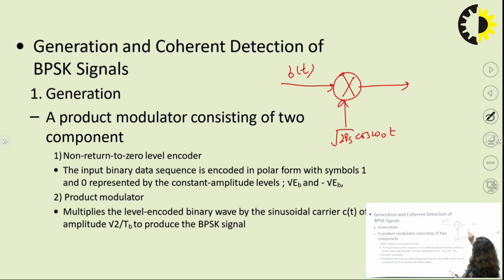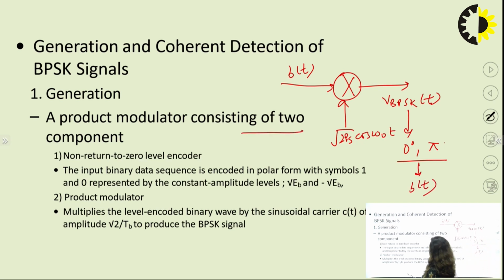So you will get your BPSK signal, which depends on the phases 0 degree and pi degree according to the bit b(t). The product modulator consists of two components, a non-return to 0 level encoder, because this data stream is to be non-return to 0,